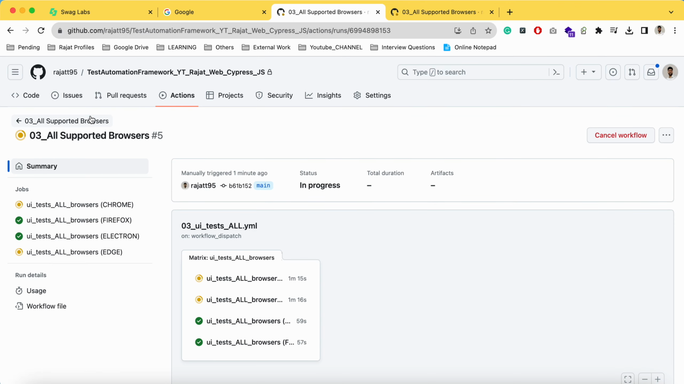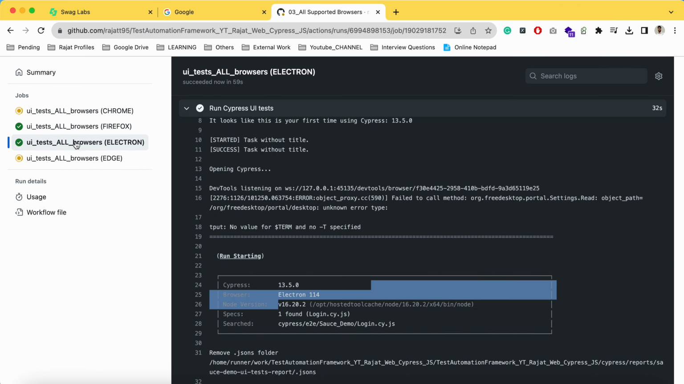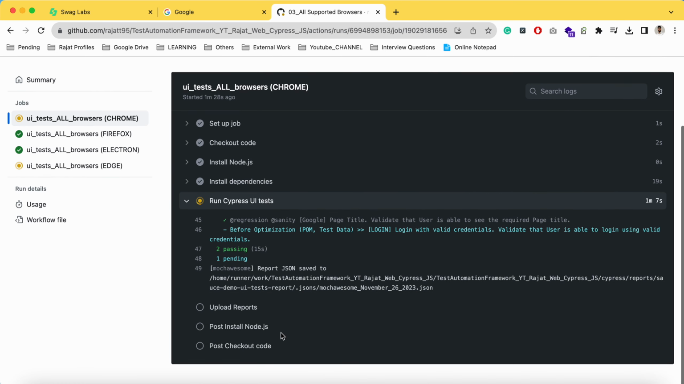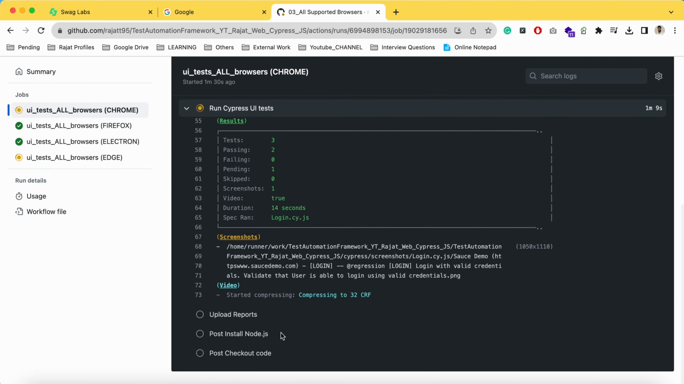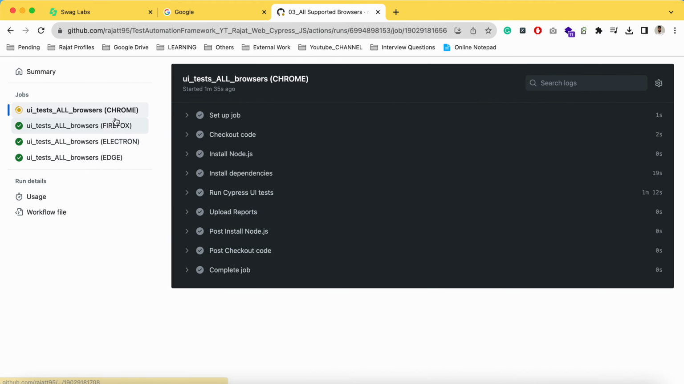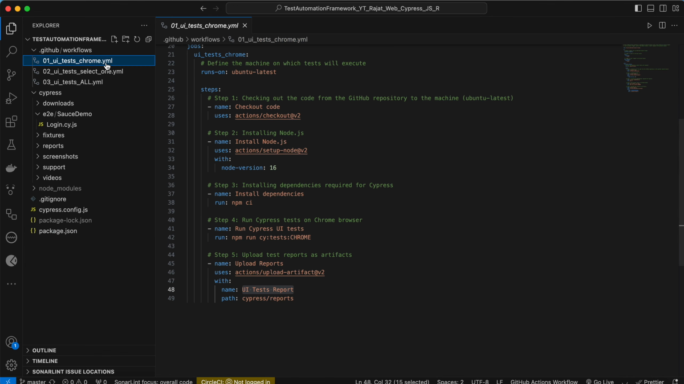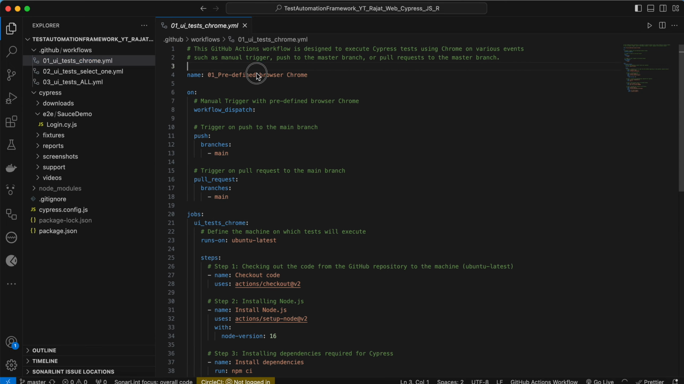Let me close this. Two are done, Firefox and Electron. Chrome and Edge are still pending. Maybe that's an issue with the application. No, this is executing fine. Yeah, the video is compressing, Edge is done, and Chrome is also almost completed. So this is how you can execute your test cases in the CI environment using GitHub Actions. We have seen three different implementations: a predefined browser, Chrome;